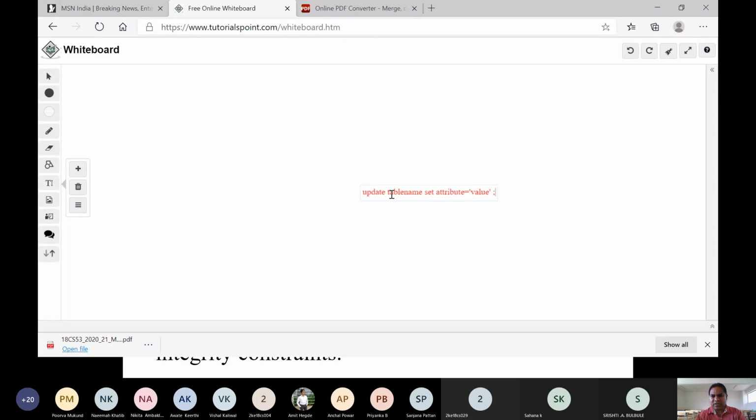If I try to complete here without any condition, or I can say where department number is equal to, say, 1, if I write like this.